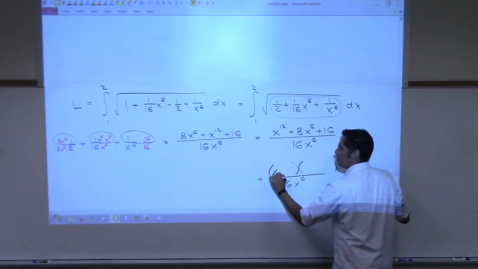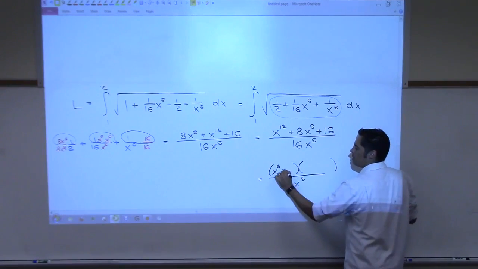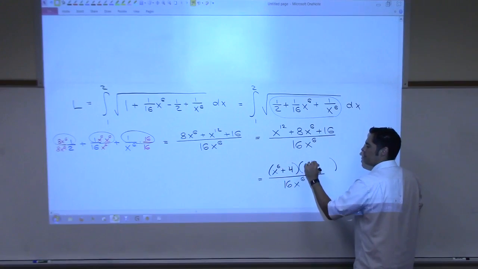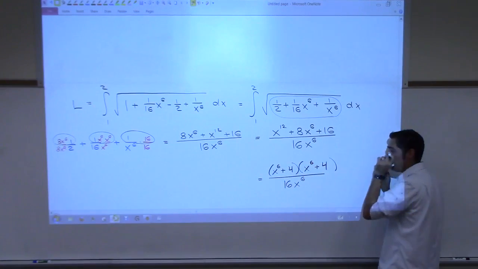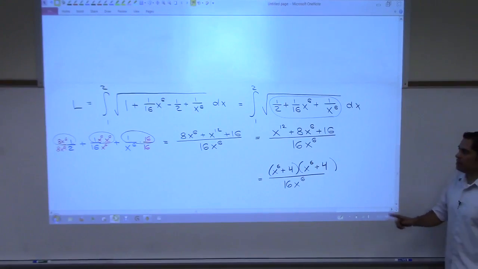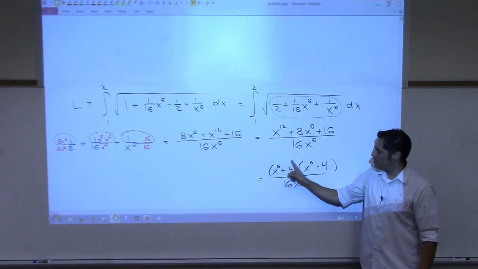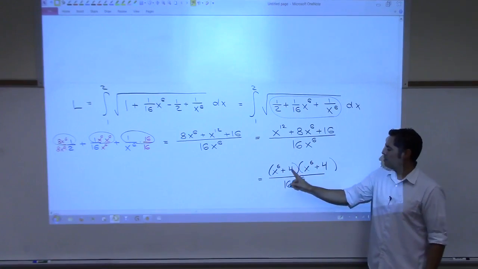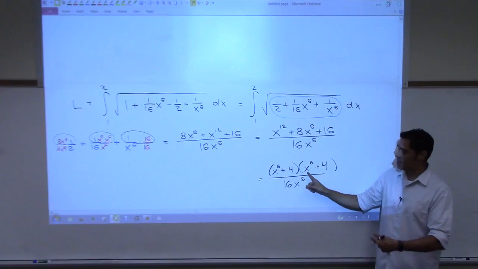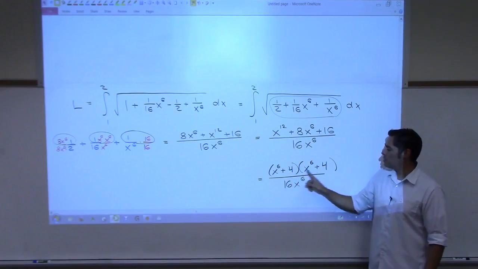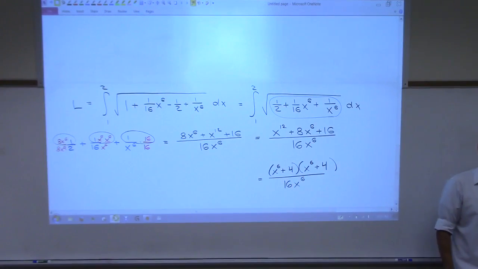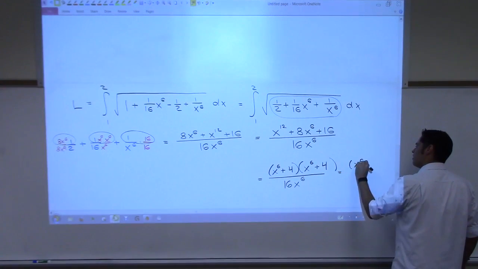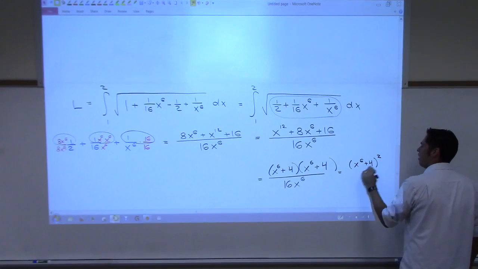X to the 6th plus 4, and then x to the 6th plus 4 again. Do you see that? This times this will give you x to the 12th. This times this, 4x to the 6th. This times this, 4x to the 6th again. That gives you 8 of them. 4 times 4 is 16. Agree with that? And then this is x to the 6th plus 4 squared over